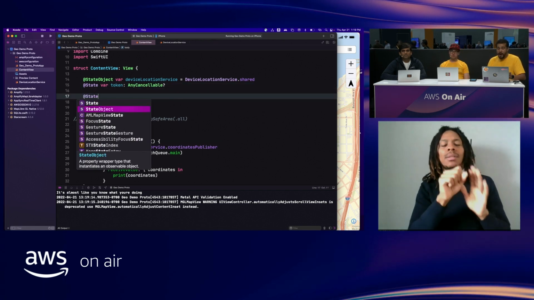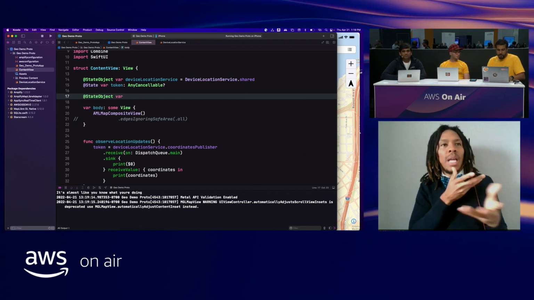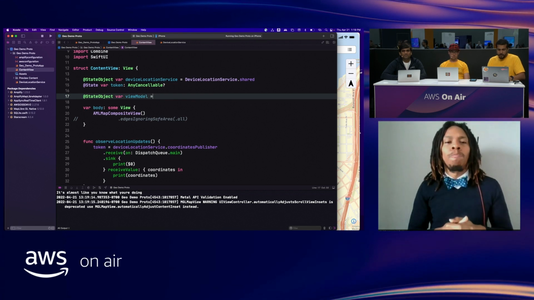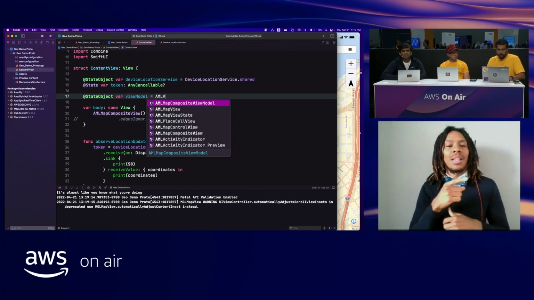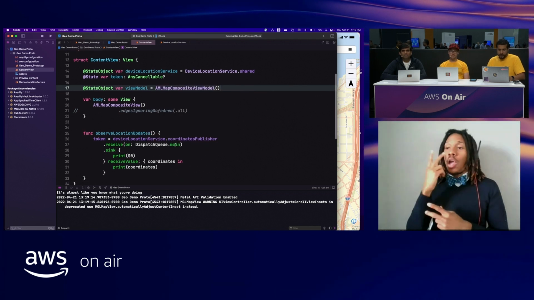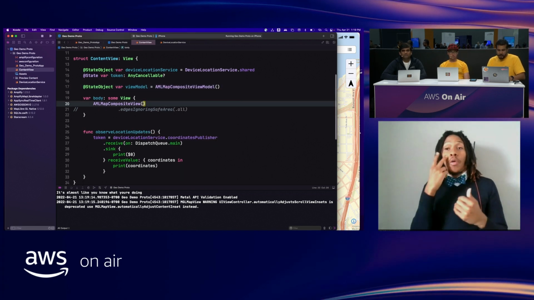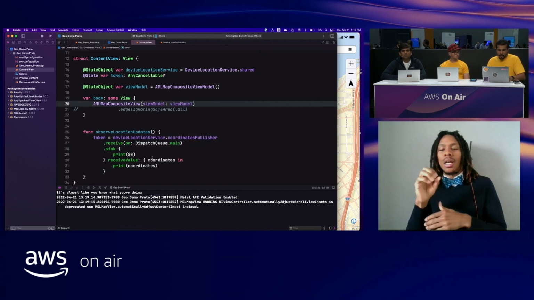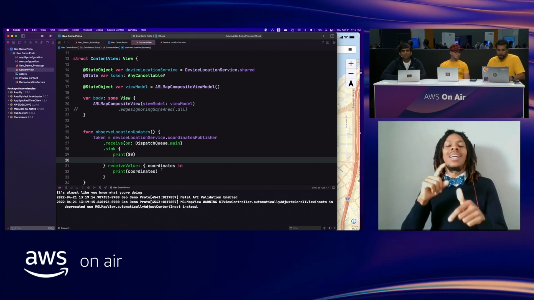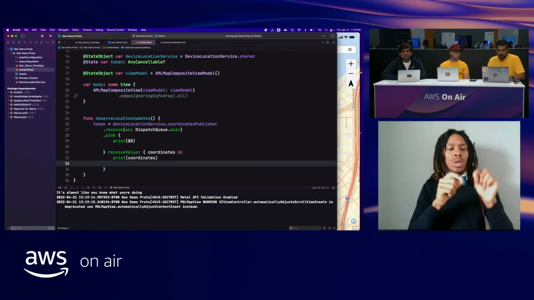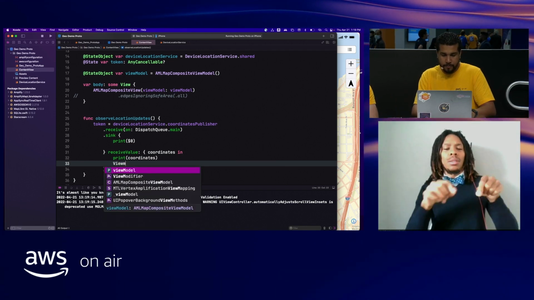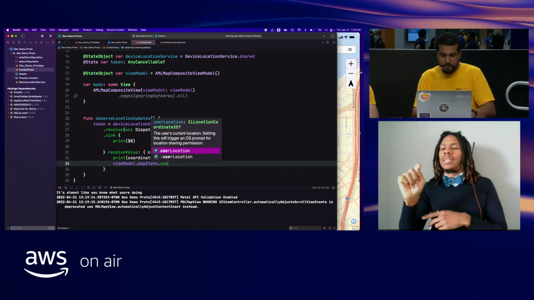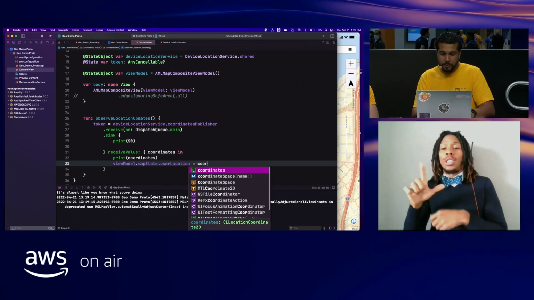The only thing that I need to do here is make sure that we have one last state object so that we can actually interact with this UI. And what we'll do is a view model. And this will be an AML view model, like that. So we have a view model. We'll pass it in to our constructor right here. And then we just need to update it whenever we get the coordinates back from our coordinate service. What we'll do is we'll just say view model dot map state dot user location, and we'll set it equal to those coordinates.